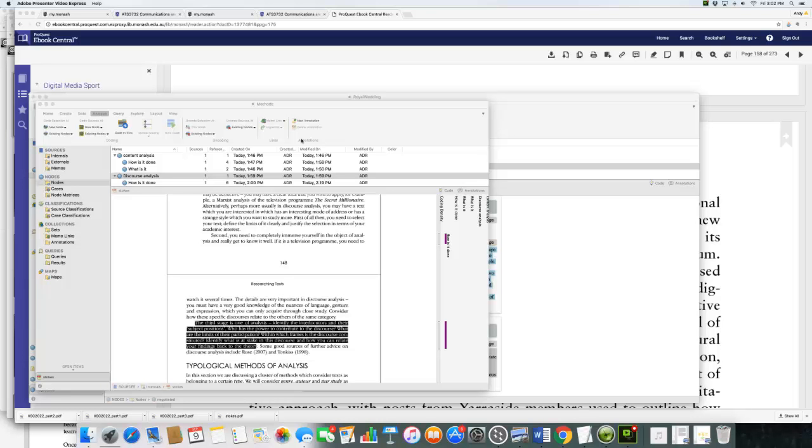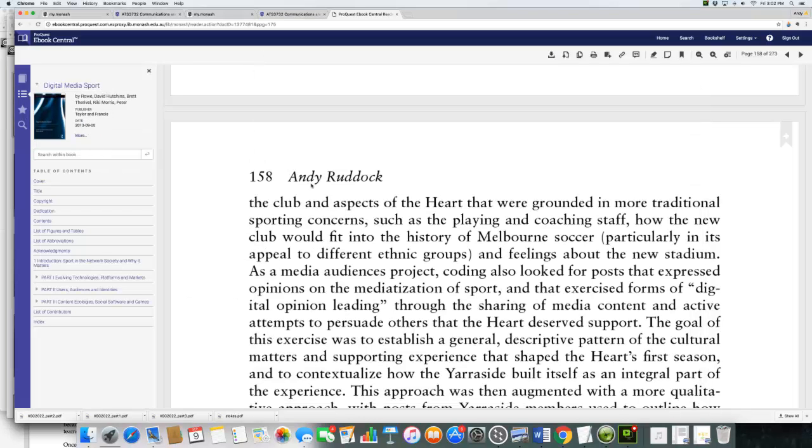Hi, in this tutorial we're going to look at doing the method section of your proposal. What I want you to have open is the reading list. I would like you to download the Jane Stokes article. I would also like you to go to eBook Central. This is from the reading list, and open my reading,